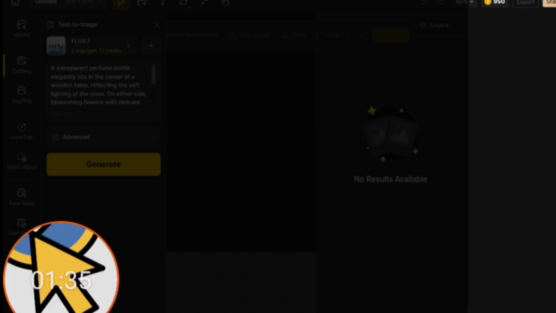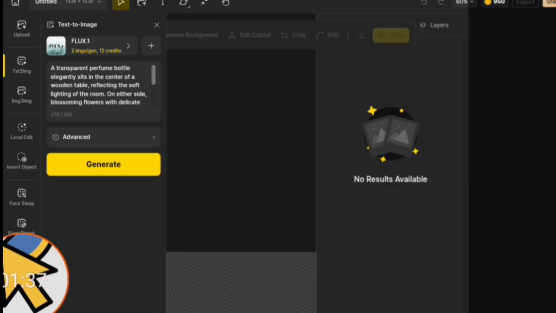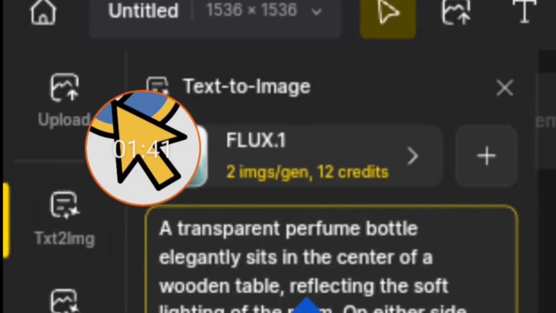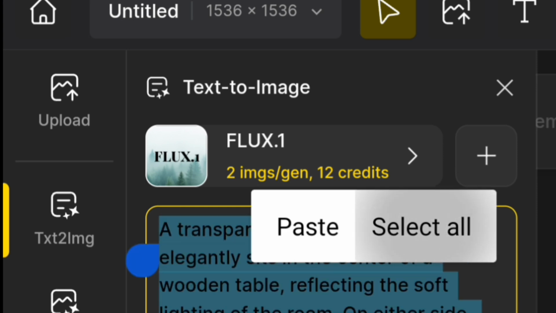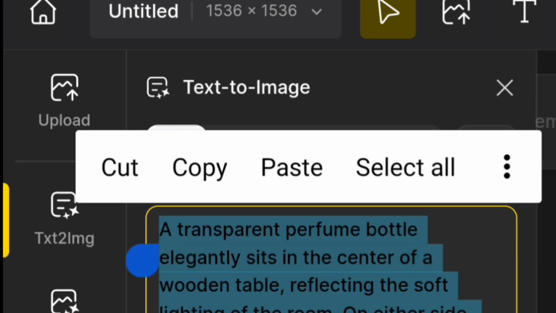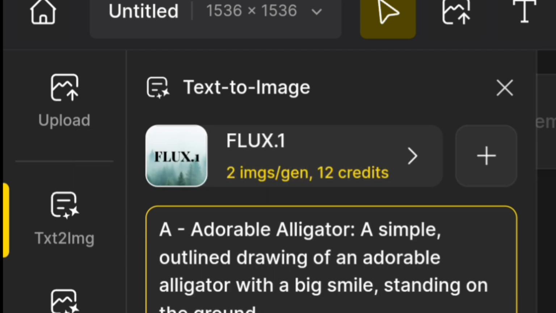Say for instance I want to create the first letter, or maybe the first alphabet, or maybe the first image. I'll come here and insert my prompt. Remember, you can also use ChatGPT to give you prompts depending on what you are making for your kids or for yourself. So I'm gonna paste my prompt that I already have written. So the first prompt that I did was